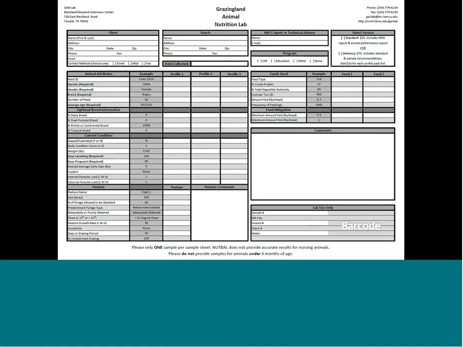Okay, next we're going to go over lab processing and NIR. So just to kind of flow from the top, working our way from